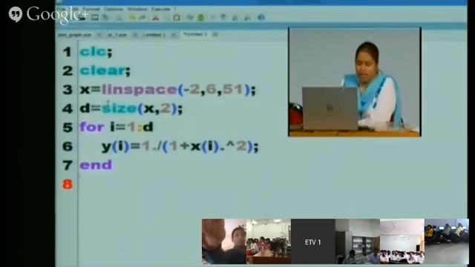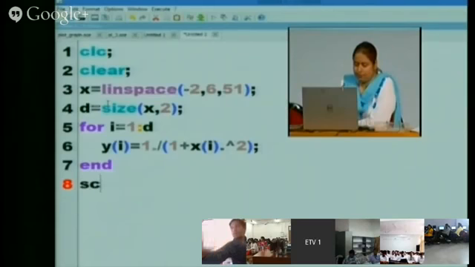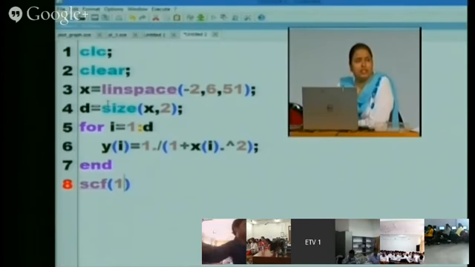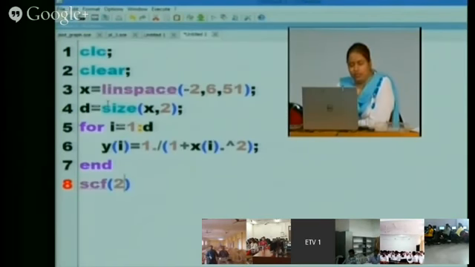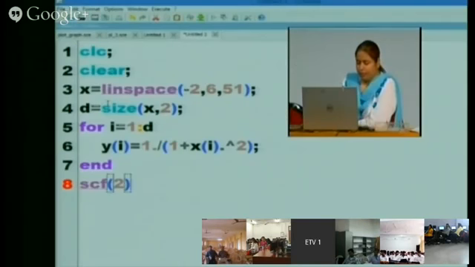There is also a command scf 1, which says set current figure 1, means now the plot window will be having the number 1. So if you write 2, the plot figure will have number 2. Like this, if you are making programs for so many, 1 to 13, then you can give different plot numbers in each program, scf 1, 2, 3, 4, like this. So a different plot window will be created.